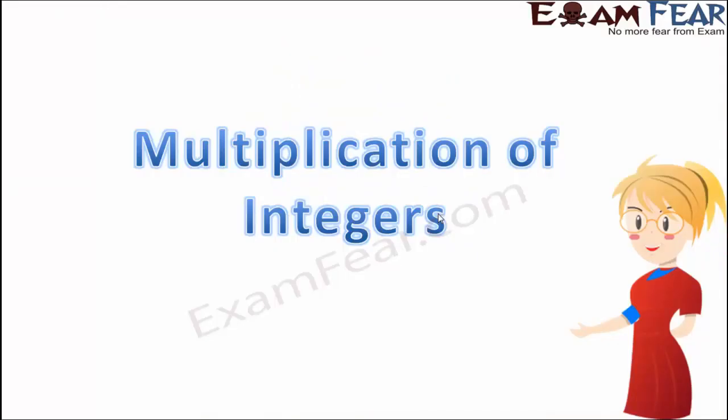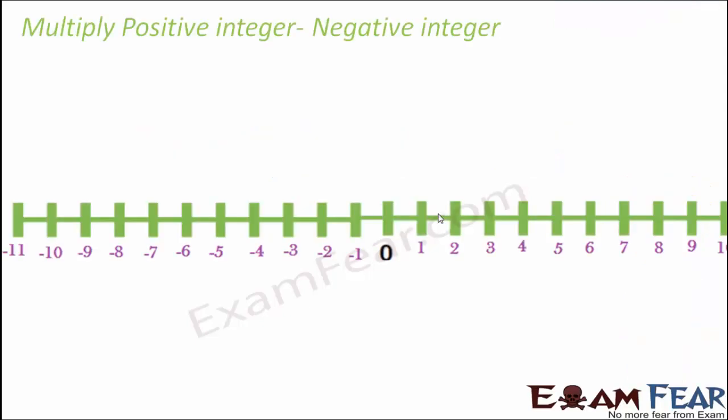So till now we had been discussing addition and subtraction of integers. Now we will learn how we handle multiplication of integers, and then we will also discuss properties for multiplication of integers. Now how do we multiply two integers? Again, here also we will discuss the different scenarios, like how to multiply a positive integer with a negative integer. Then we will talk about a positive with positive, a negative with negative, and so on. So first we will talk about a positive integer multiplied with a negative integer.